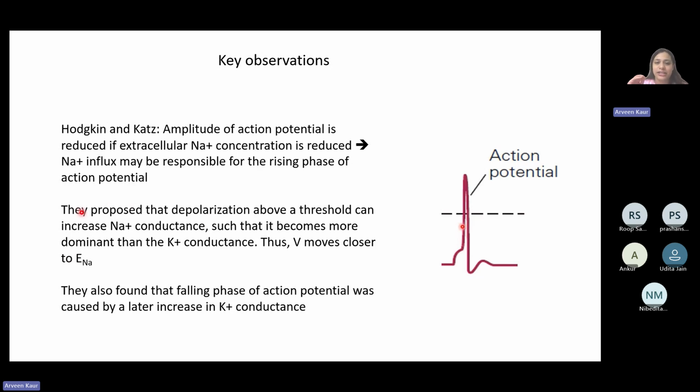It is near positive only, such that it becomes more dominant than the potassium conductance, and V moves closer to ENa, the voltage required for this will move closer to the equilibrium potential of sodium, right? They also found that the falling phase of the action potential was caused by a later increase in the potassium conductance, right? So an increase in sodium conductance basically causes this rise in the peak of the action potential, and a decrease,